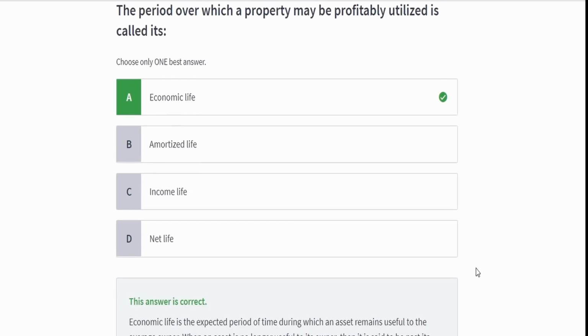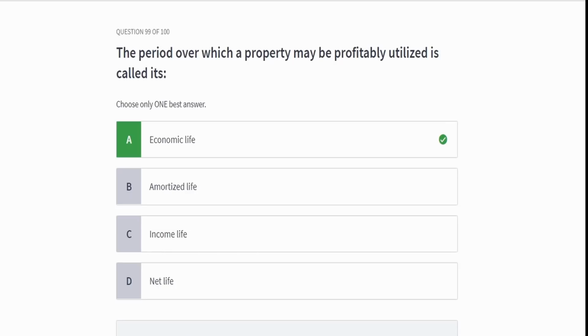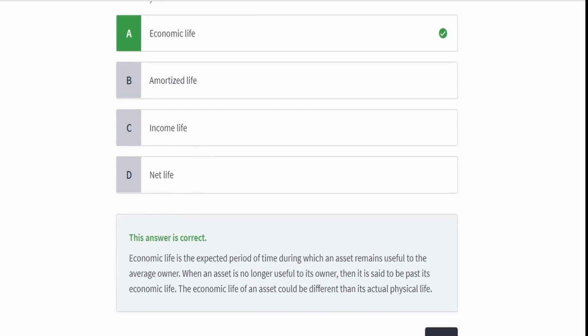So a couple things about this. You might be wondering, when does this come up in real estate? Well, this actually comes up a lot in real estate investing. If a building has an economic life, or an investment or something like that, maybe past a certain time it's no longer profitable. So again, that comes up a lot with real estate investing, which obviously means that they want that to be covered on the real estate exam, especially if you're dealing with commercial real estate. So that's kind of why we do talk about that kind of stuff. But yeah, definitely be familiar with that term.